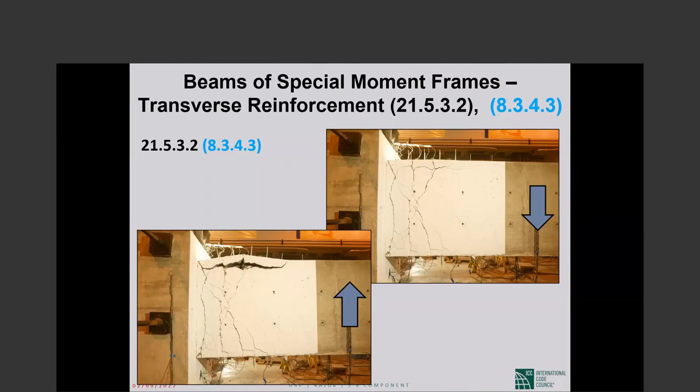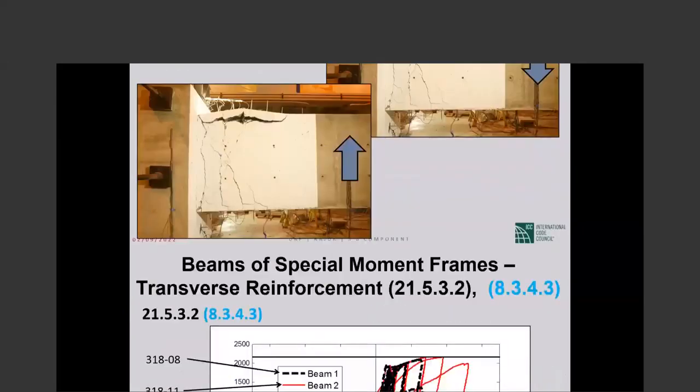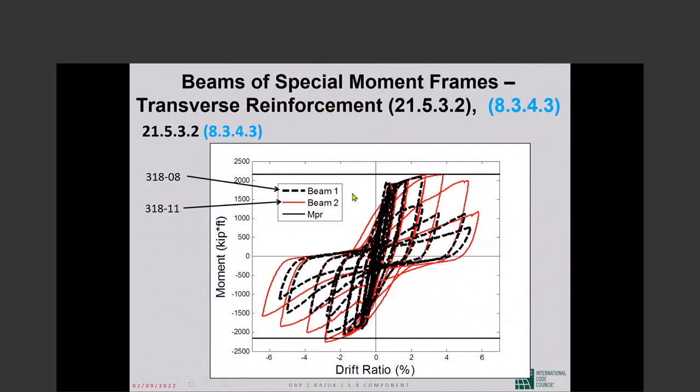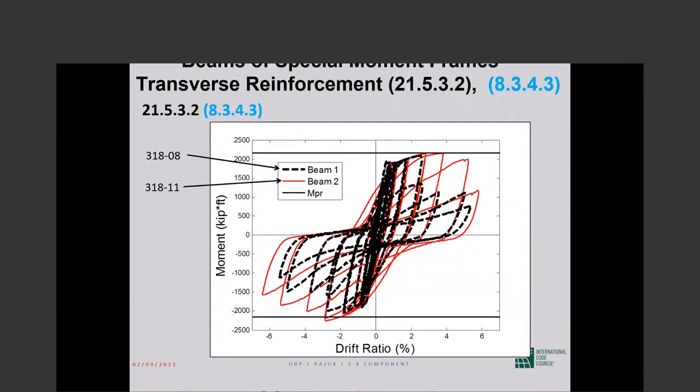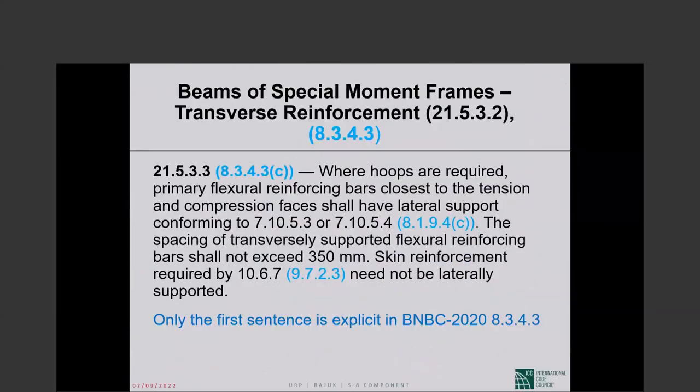You see the kind of test that was done. And this is the comparison of the hysteretic curves of a beam that was detailed by ACI 318-08, and red is the beam detailed by the altered ACI 318-11 requirement. And you see that the new ACI 318 detailing gives you better performance, gives you fatter hysteretic loops and so forth. So that kind of justified the change, or the change was made based on the testing. Okay,